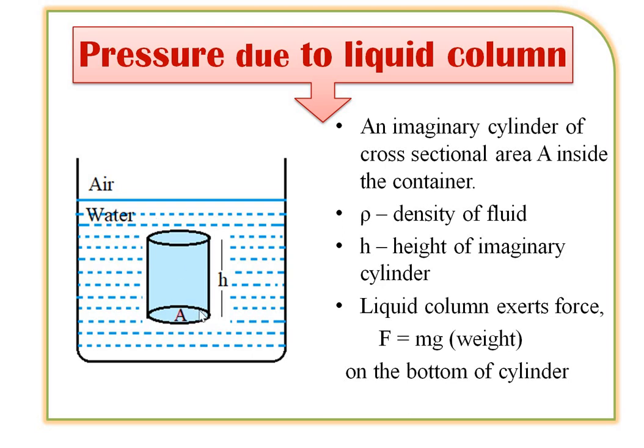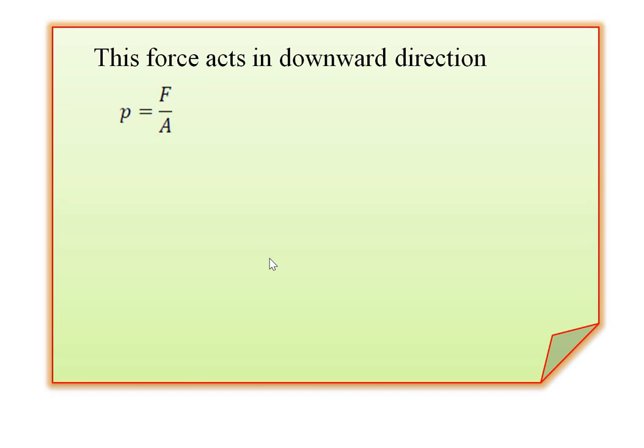The liquid column, that means this imaginary cylinder, exerts a force, that means its weight, F equals m into g, on the bottom of the cylinder. This weight acts in the downward direction. So we can calculate the formula. We know the pressure formula, P equals F divided by capital A. So F in terms of the weight, P equals m into small g divided by